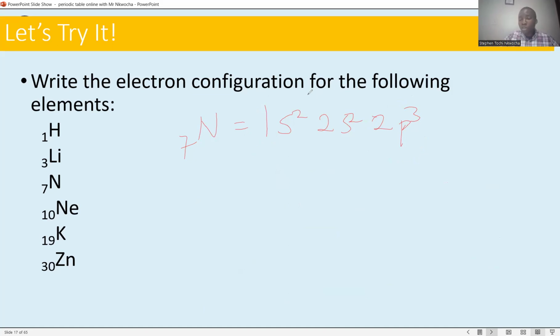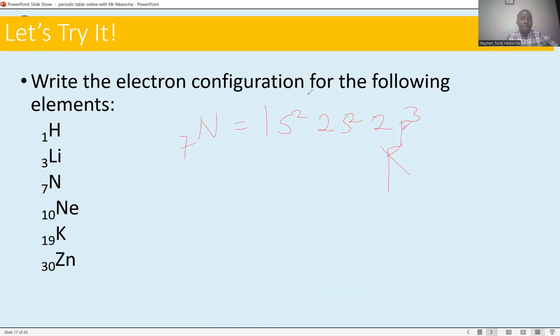Now we just saw that P should take about 6 electrons. S will take about 2. D will take about 10. Point blank. Let me give you a secret. The moment,